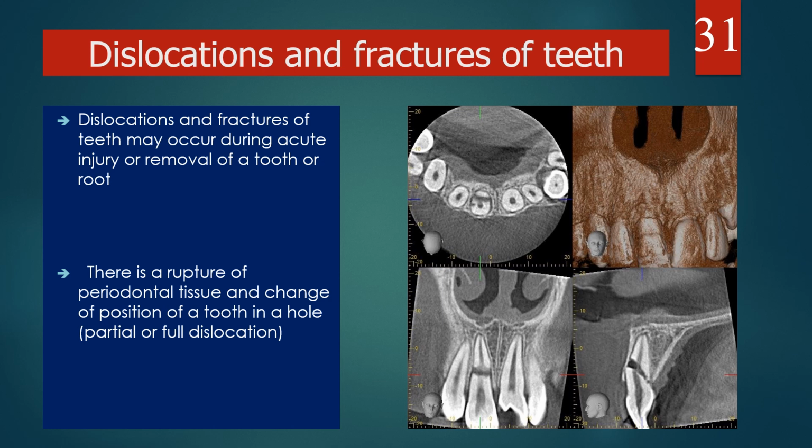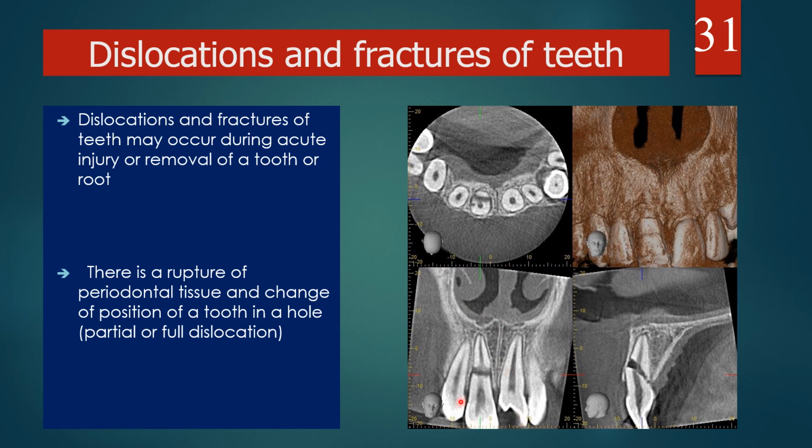Dislocations and fractures of teeth may occur during acute injury or removal of a tooth or root. There is a rupture of a periodontal tissue and change of position of a tooth in a hole, partial or full dislocation. Here we can see the CT slices, CT in 3D reconstruction, where we can detect the presence of fracture line. Here is a sagittal reconstruction, fracture line,